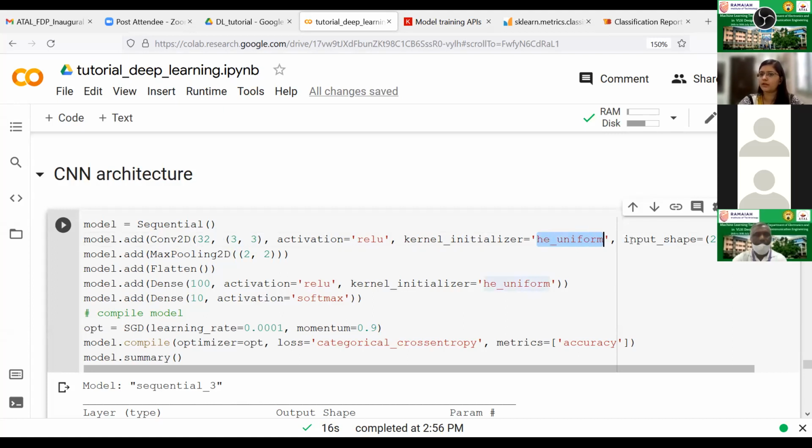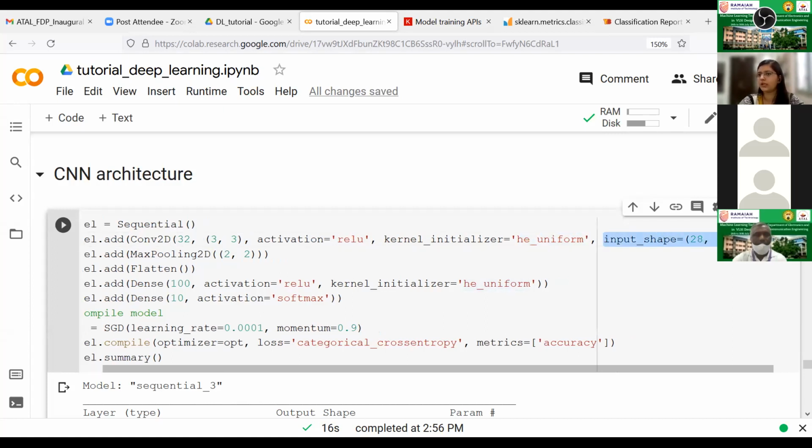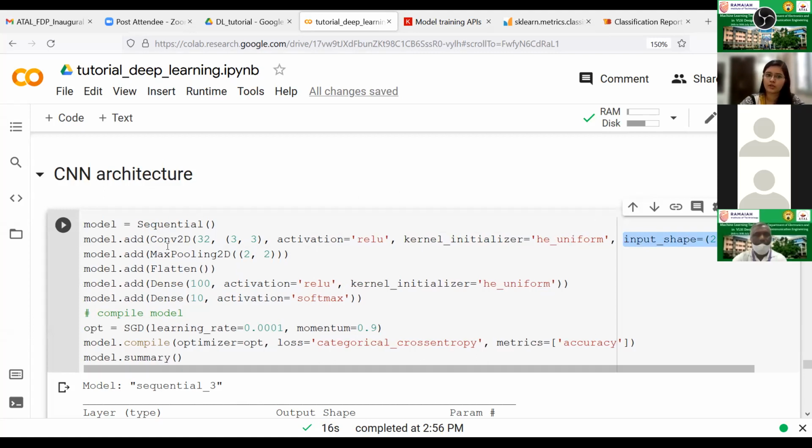We are also giving the input shape, 28 cross 28 cross 1. I'm adding this one convolution layer, then the max pooling layer, and after that we will give the output of the max pooling layer to the dense layer.